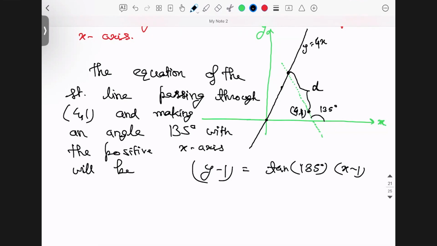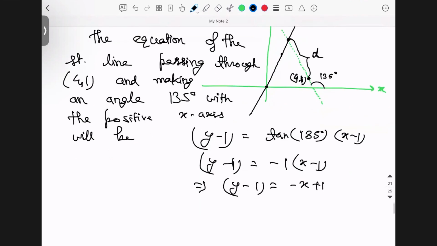So ultimately we get y minus 1 equals minus 1 into (x minus 4). This will ultimately give us x plus y